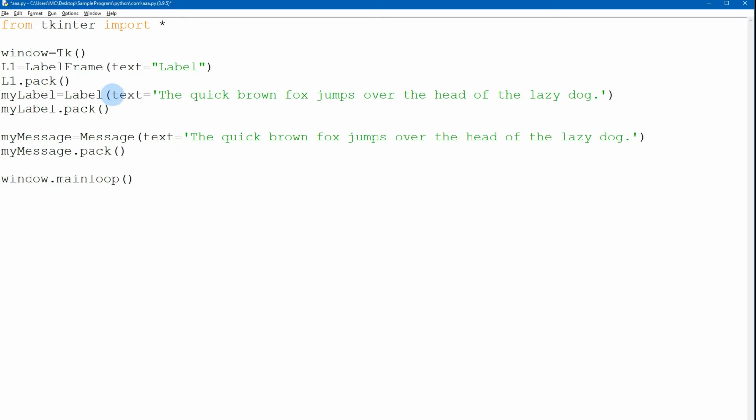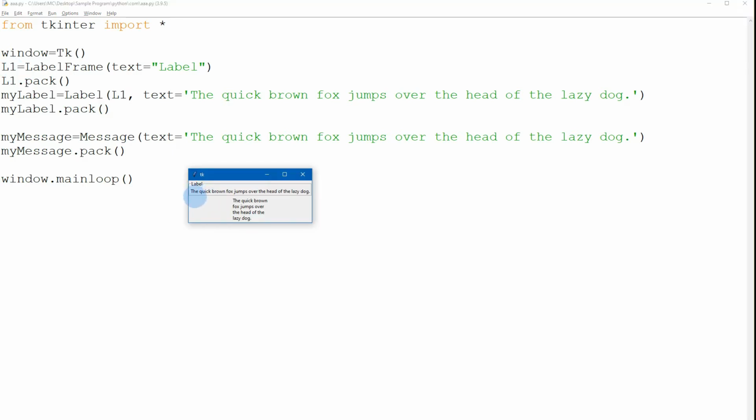We're going to place our widget inside the label frame, so we place here L1, then comma our text. It indicates that my label will be placed in the L1 label frame. So now, if you're going to observe, our text, the quick brown fox jumps over the lazy dog, is being placed inside the